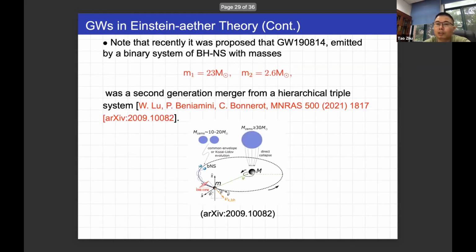We also considered the gravitational waves emitted from the neutron star black hole binary. A few days ago, LIGO, Virgo, and KAGRA announced 2 new events, which most likely are signals from mergers of a neutron star and a black hole. These events imply such binary systems are common in the universe.